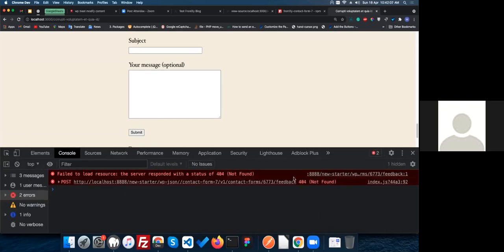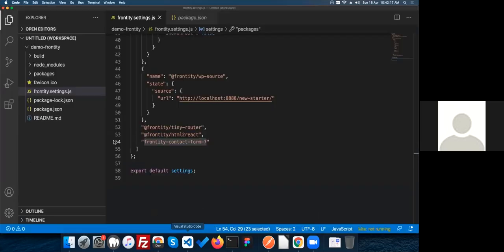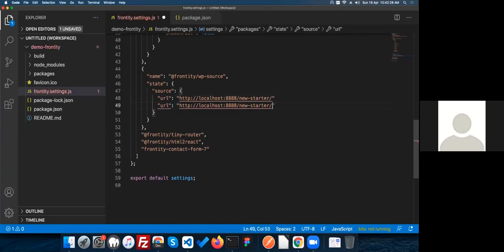We are getting this 404 error because when this package was built, it was running with the WP API. We have to define the API path here. Now Frontity has support for URL, so we have to define that also here. API path WP JSON.